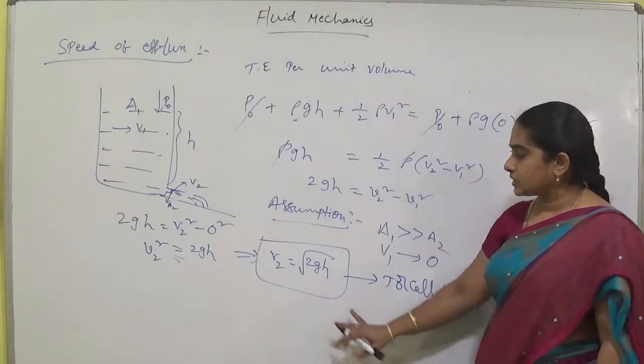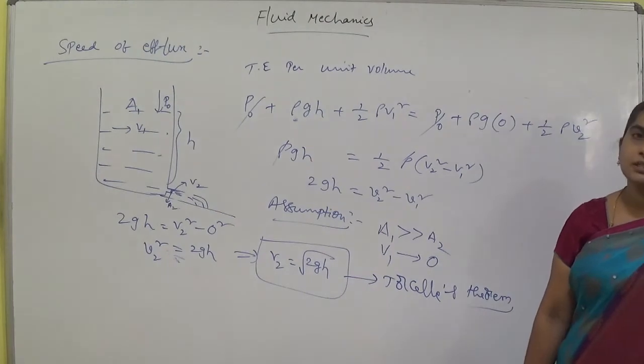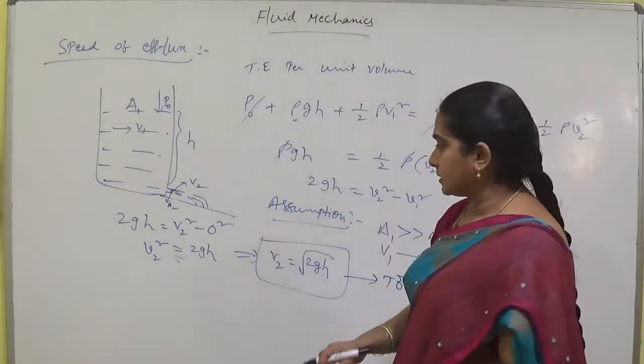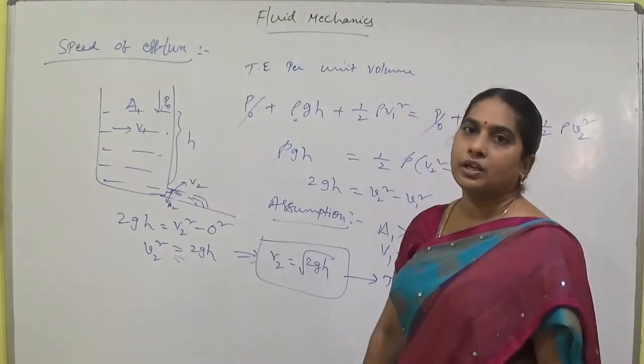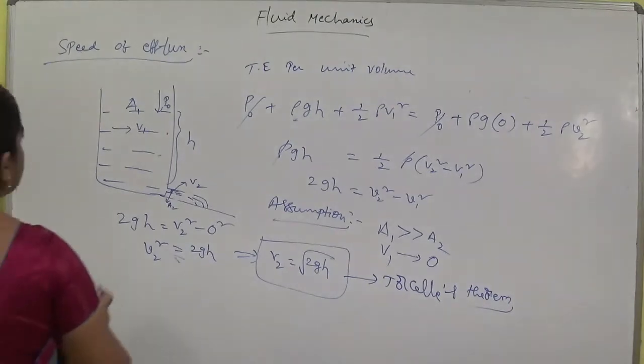What is Torricelli's formula? v2 is equal to root of 2gh. The velocity of flow of any liquid from the tank surface is v equal to root of 2gh. Next,